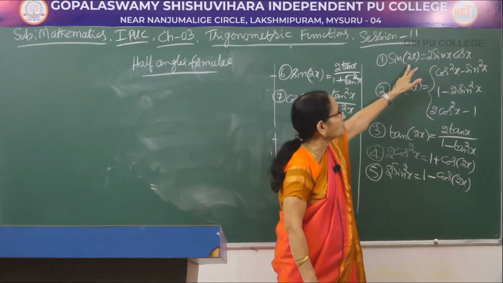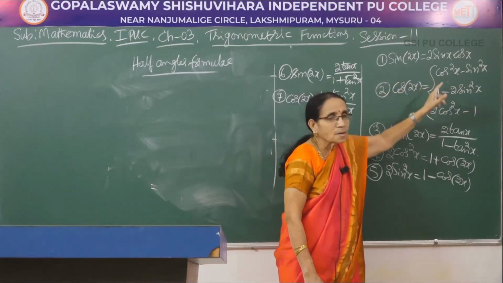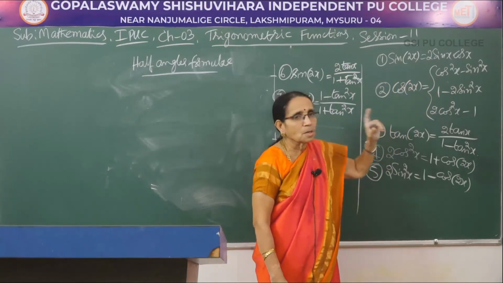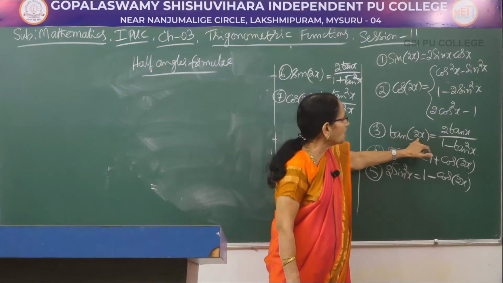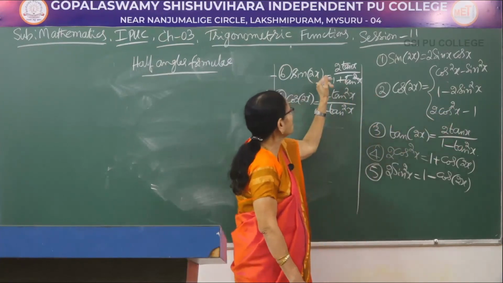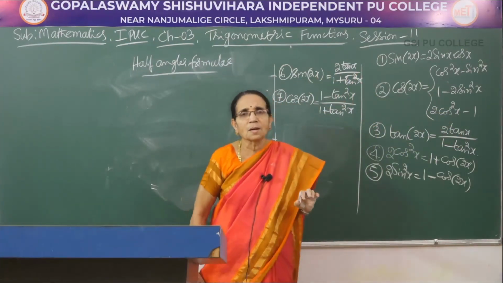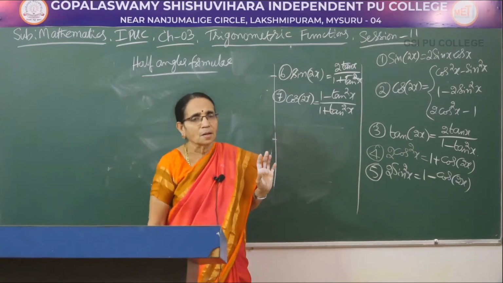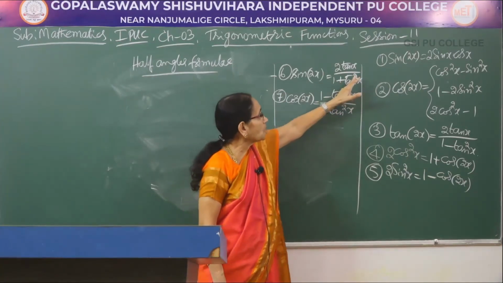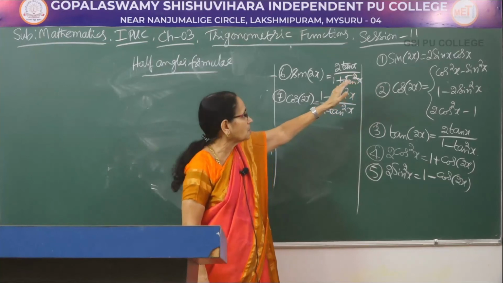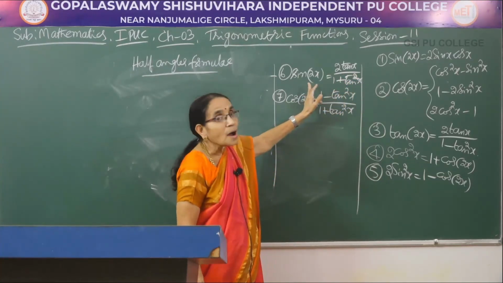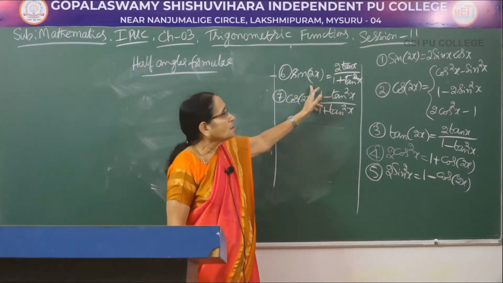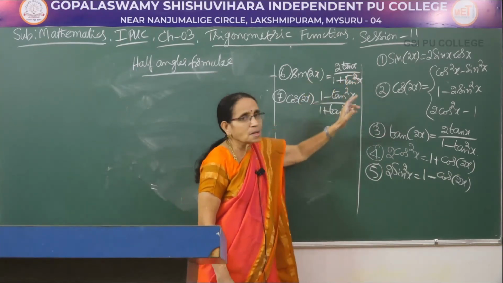Left hand side we are having 2x angle, right hand side it is x and x, that means 1x. Here also 2x, there is 1x, 2x and tan x here. Here also 2x, 1x. That means that the angle on the left hand side is 2 times the angle on the right hand side, or we can say whatever angle that is present on the right hand side is half of this angle. So, if 2x is there, you can write x.